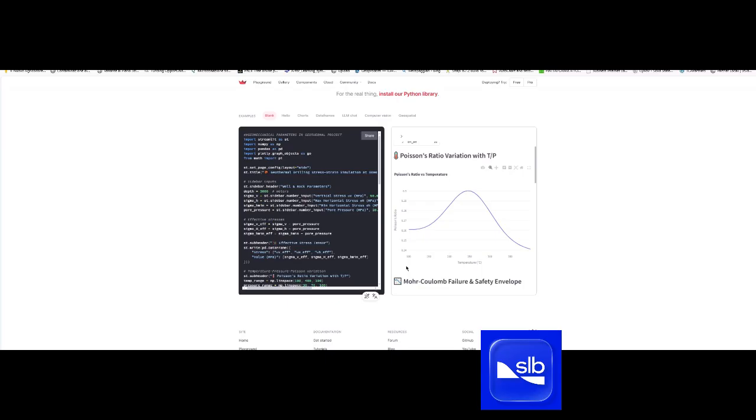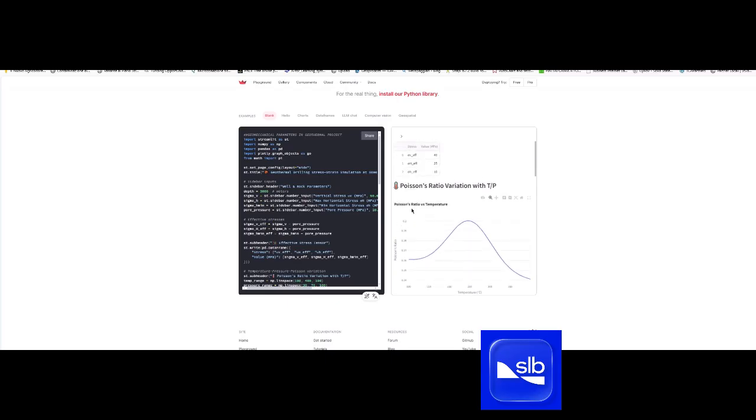So we can underline that generally the Poisson ratio, because of the constant compressibility, changes when the temperature increases